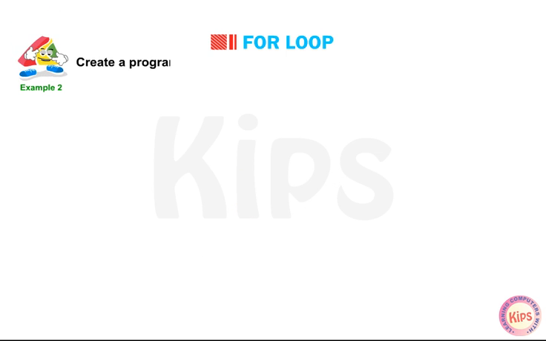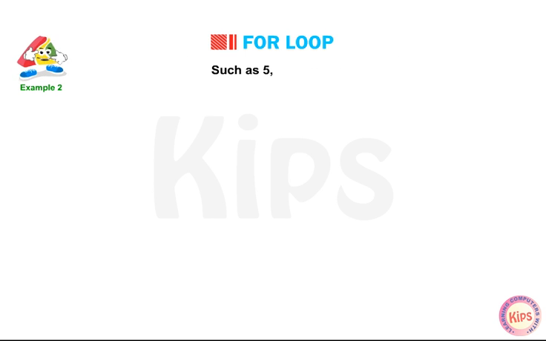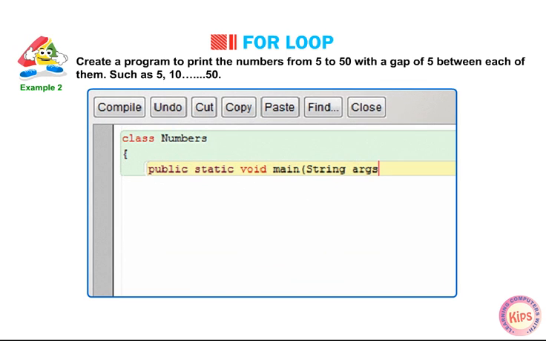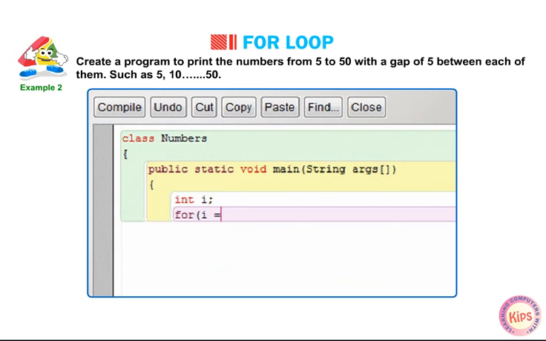Example: create a program to print the numbers from 5 to 50 with a gap of 5 between each of them, such as 5, 10, till 50. class Numbers { public static void main(String args[]) { int i; Variable i is declared. for (i = 5; i <= 50; i += 5)